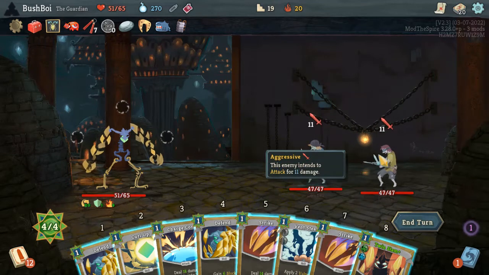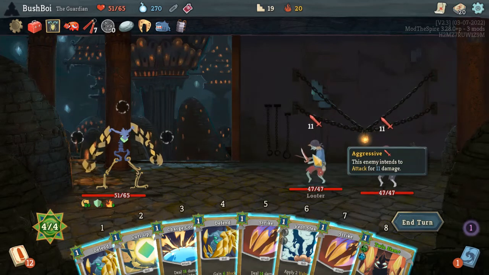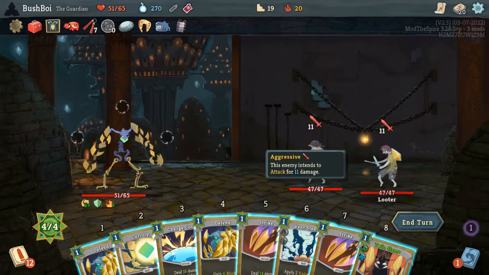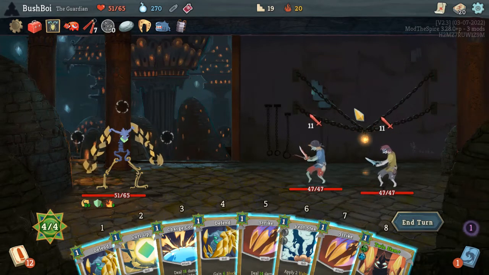Quick note about these guys. The Looter always does more damage than... Are they all both called Looters? I swore one of them was called Mugger. Huh. Anyway, this guy, the guy with the glasses and the duller clothes, hits for a lot harder. But they usually have about the same HP, so...